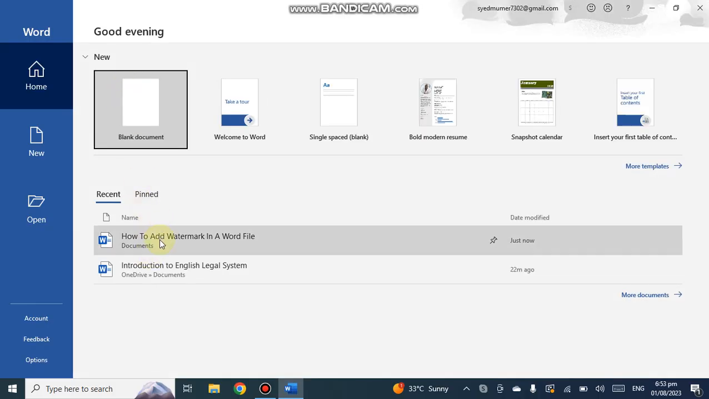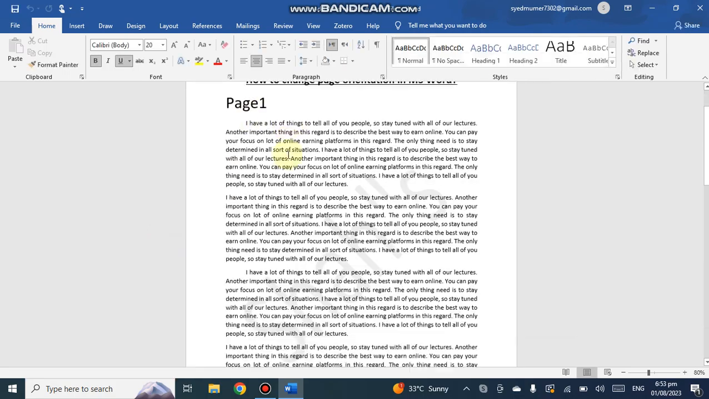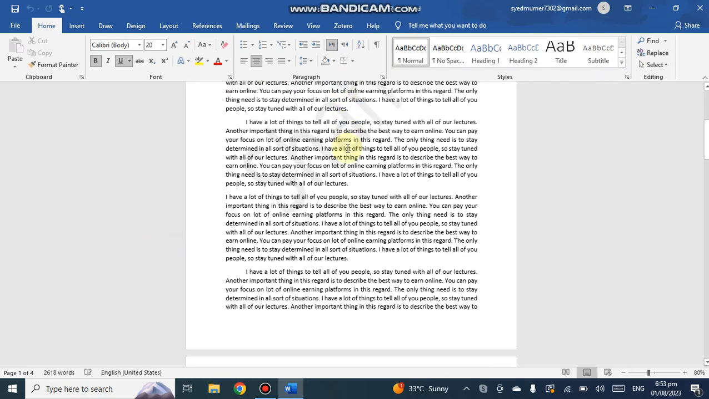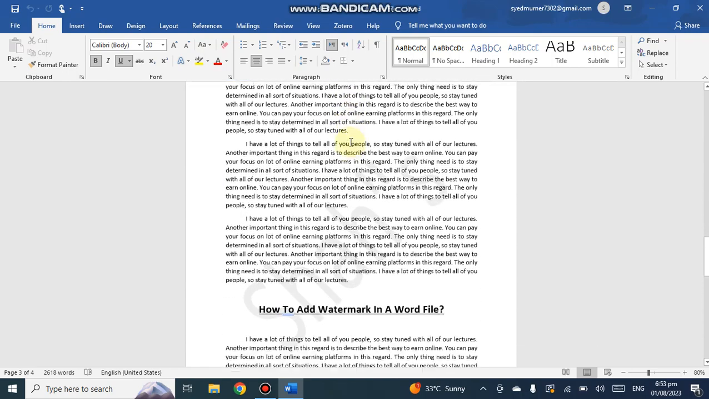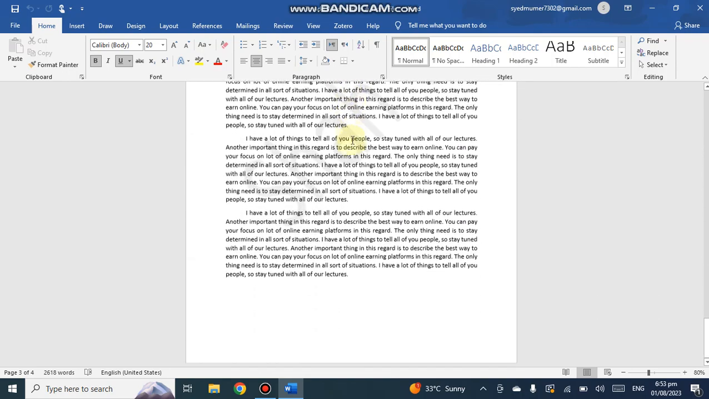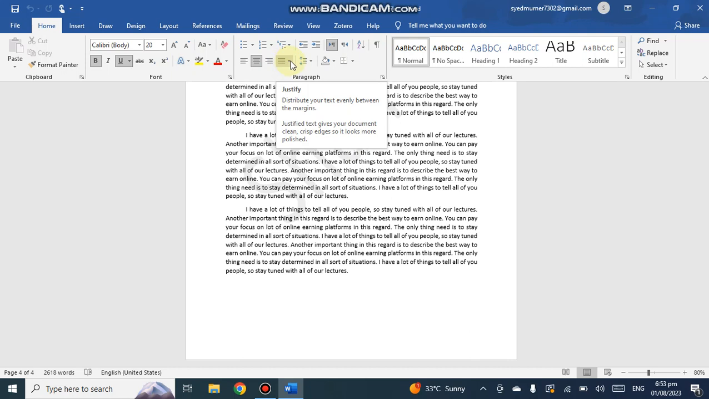click on your document here. Now this is page 1, this is now in a portrait form. Page 2, page 3, page 4. So all the 4 pages are in portrait form, portrait format. But